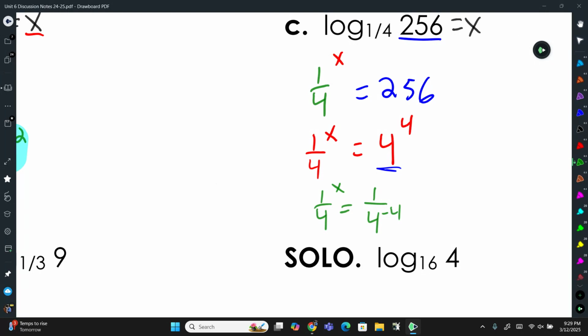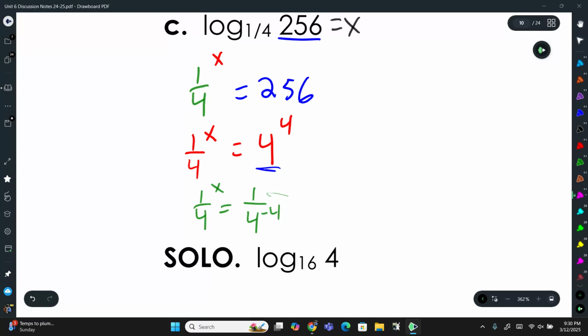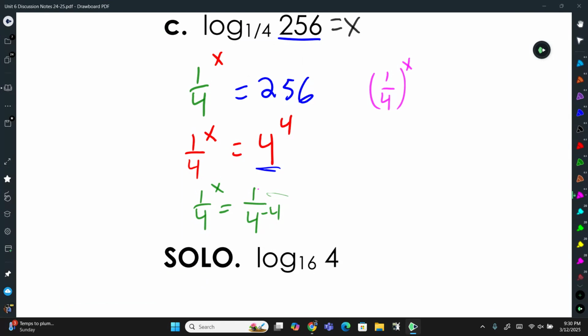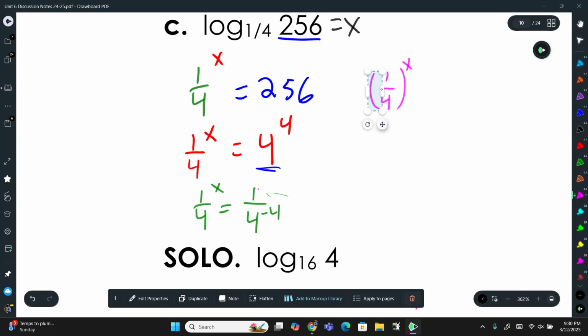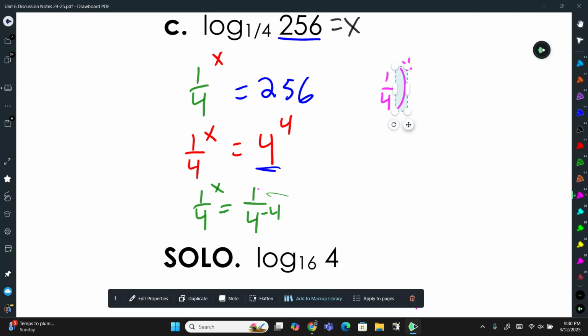Right, because remember, our rules of exponents say that I can move stuff to the other side of the fraction bar as long as I have our exponents correct. I can move this back up and get what I started with. So 1 to any power is 1. So now I can rewrite this 1 over 4 to the x power. Oops. I can rewrite that, right, and this is equal to